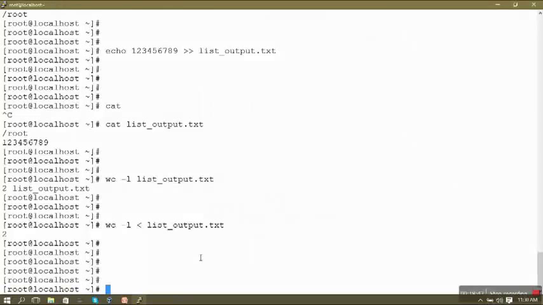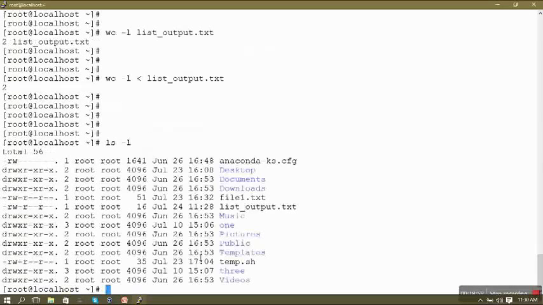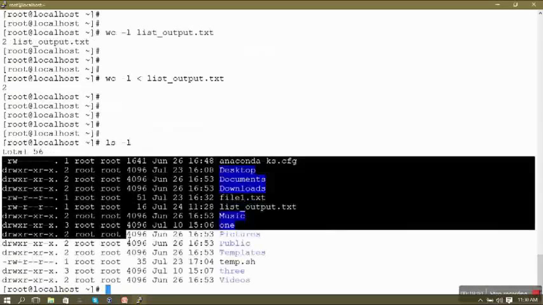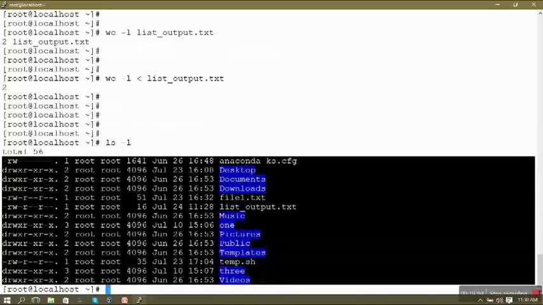And there is one more case where you can use the pipe operator to give the output of one command as an input to other command. Suppose ls -l gives us the list of all the files in current directory. Okay, so these are how many lines? If we count 1 2 3 4 5 6 7 8 9 10 11 12 13 and 14. So there are 14 files plus directories inside this directory, and when I give ls -l command, it gives me 14